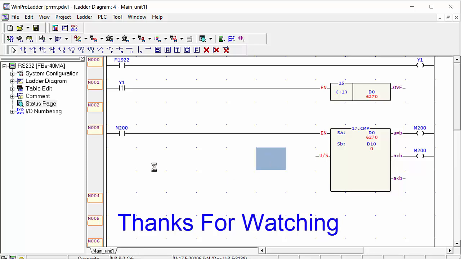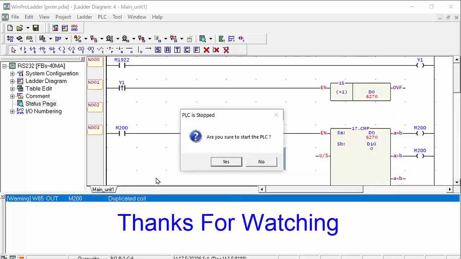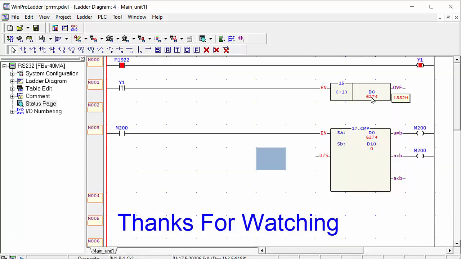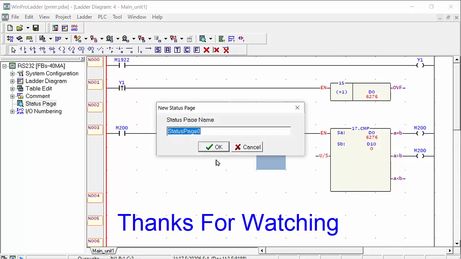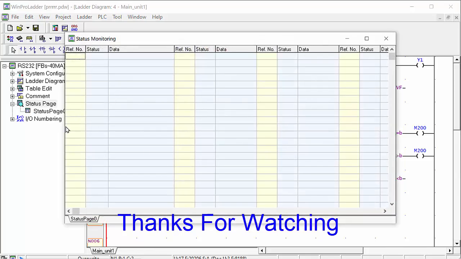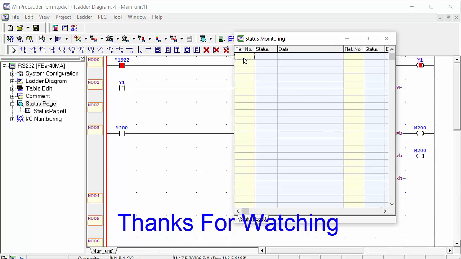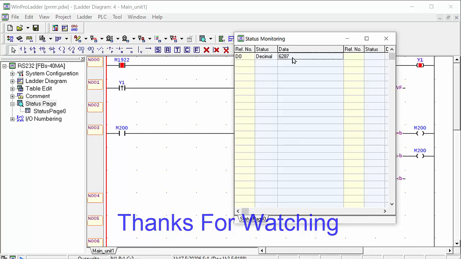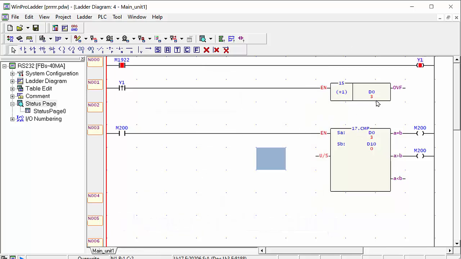Now, this D0 we have to clear first. For example, open the status page and make it small. Here D0, put 0 for example. Okay, now you can see it's counting the single pulses. It counts 1 second, after which a pulse comes, it stores this value, and this value comes here as this value compares with